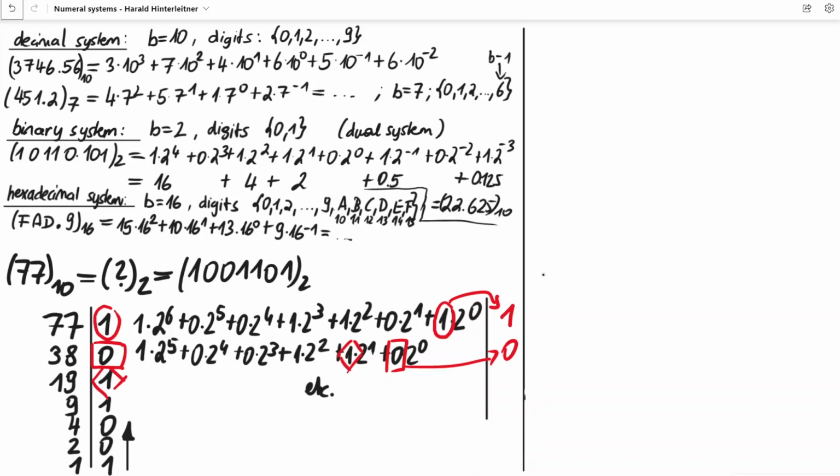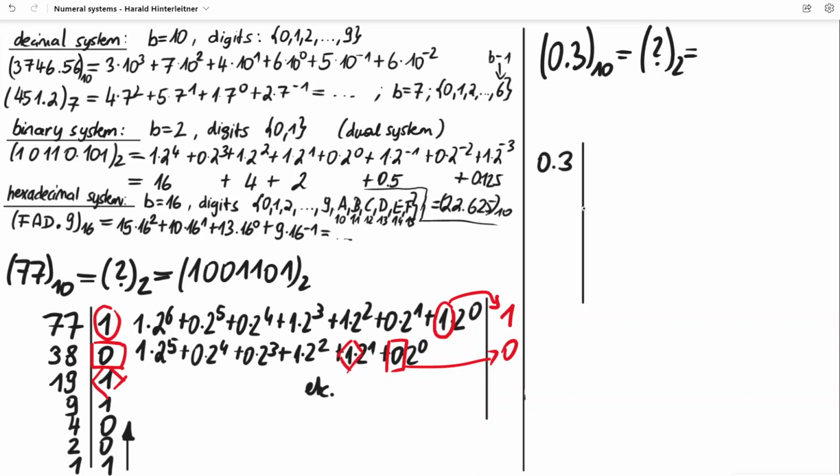So we want to convert 0.3. Maybe let's start here, from the decimal system into the binary system. In this case, we do something similar to the division algorithm, the so-called multiplication algorithm. We start with 0.3. You create a vertical line and you multiply by 2. So it's 0.6. And now you consider the so-called borrow,